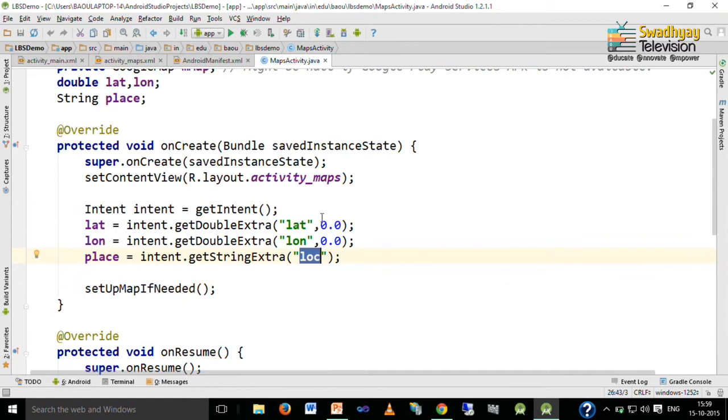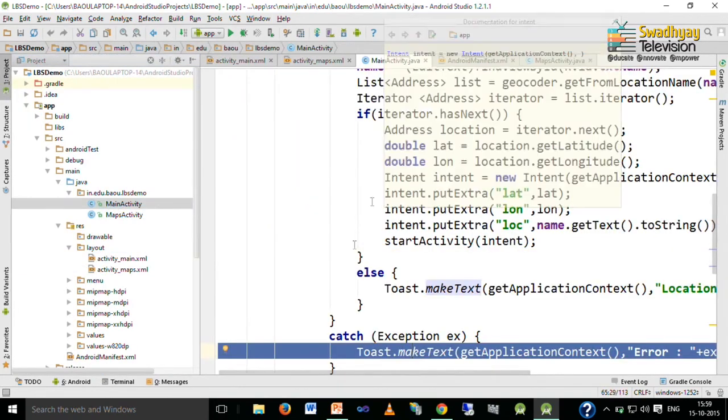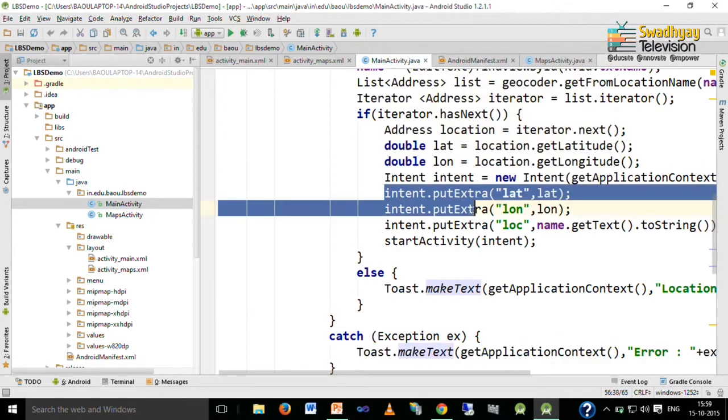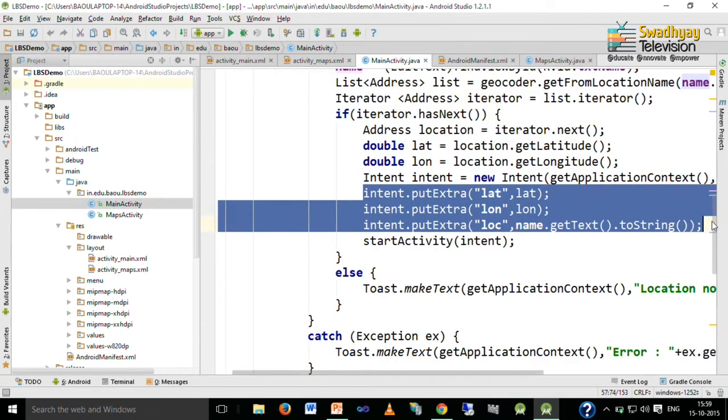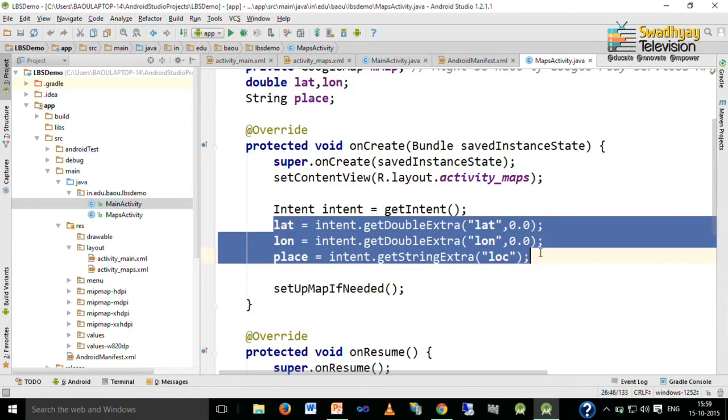So, this is how we acquire data set in MainActivity. Here you can see we use putExtra for storing this information, and inside MapsActivity we use the get method for getting these three data.